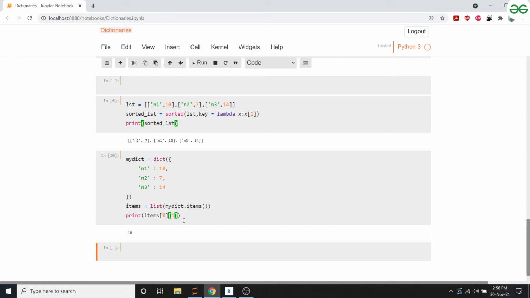So that means we just have to sort this items list, right? And we've just figured out how to sort this.